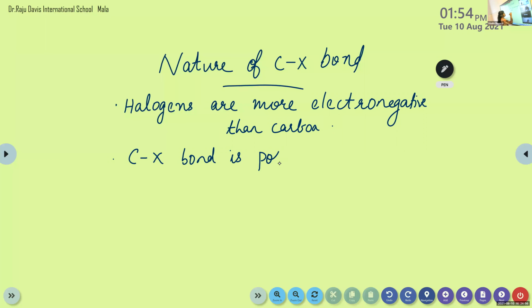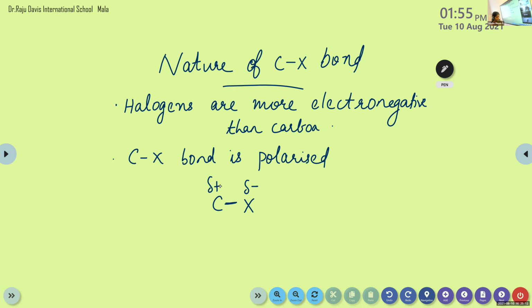Polarized means the carbon and halogen will get a partial charge. The halogen is more electronegative, so it will get a partial negative charge, and this carbon is getting a